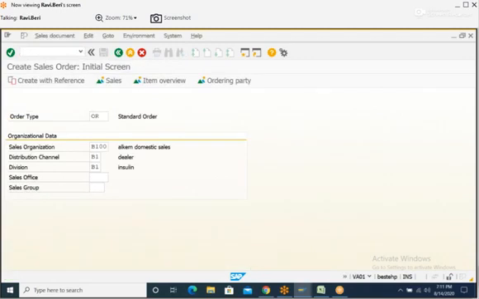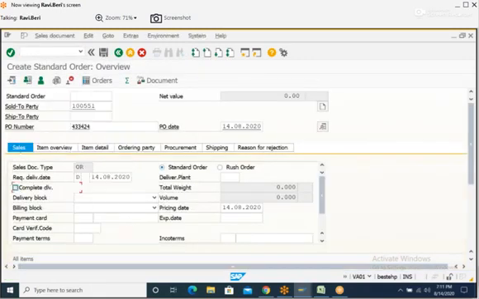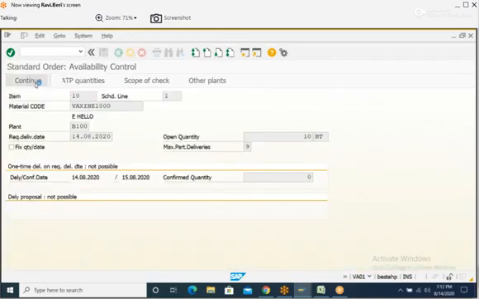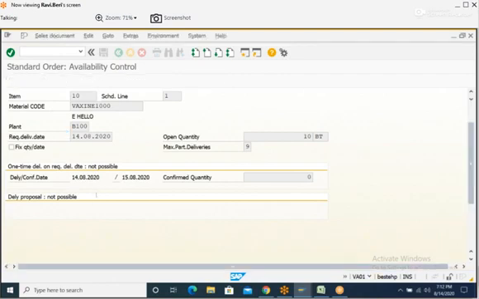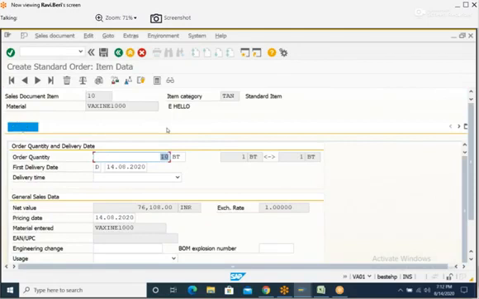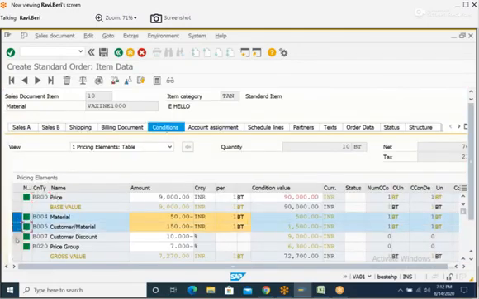Now again I'll create order for 100551 customer. See here. This customer is eligible for all discounts, but I want to group all these 4 discount condition types, and I'll ask system to propose the best condition.